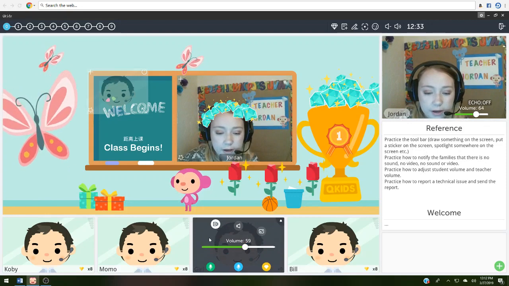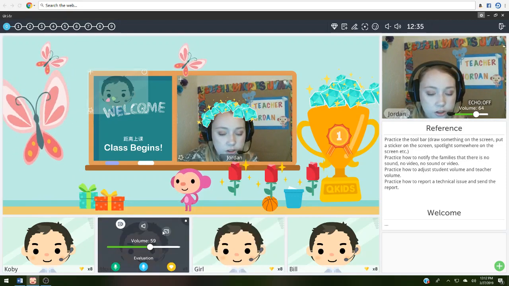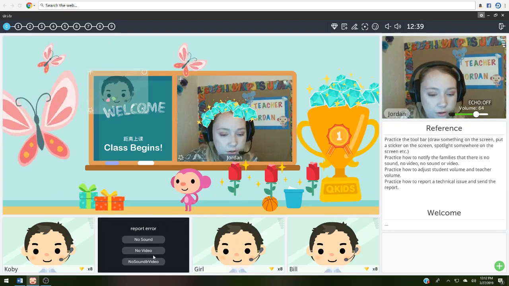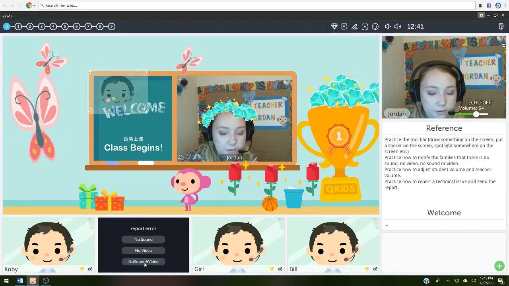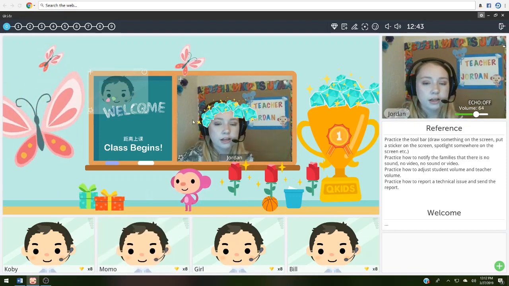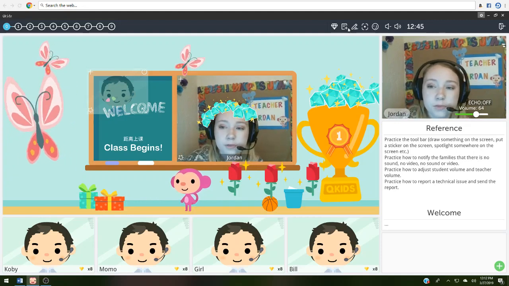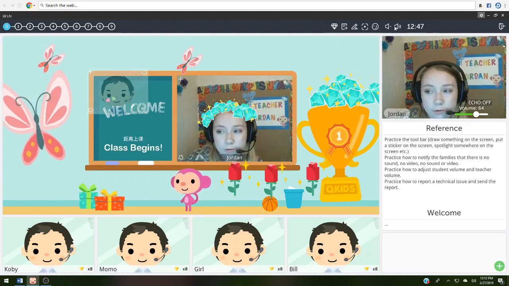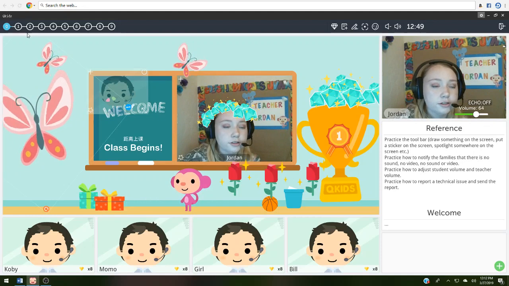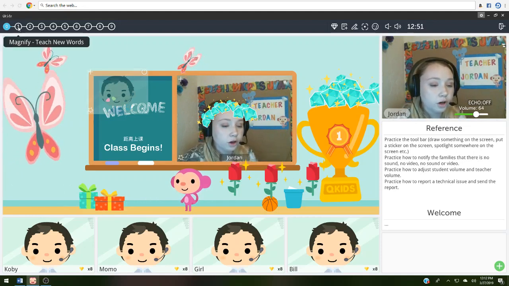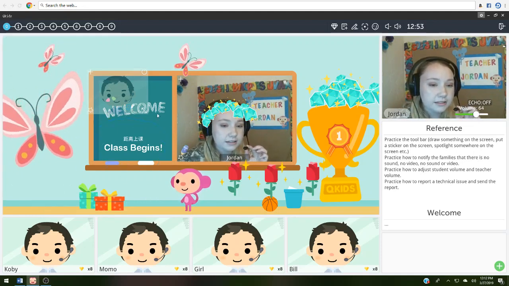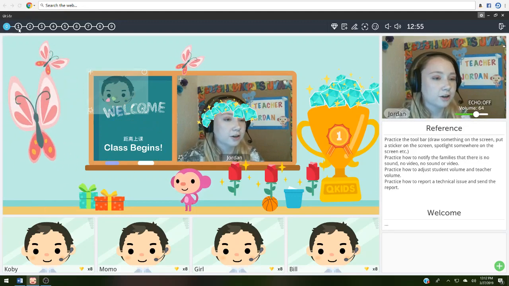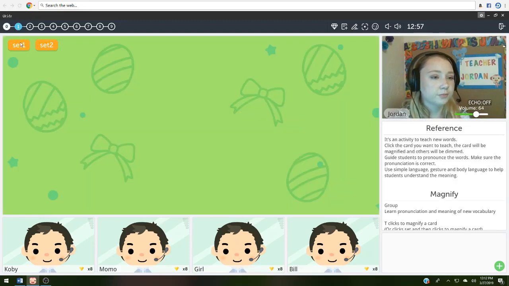But again, just super important things. Just really make sure you know how to do the robot: no sound, no video, no sound and video. That usually notifies the parent, and they'll come and figure out what's going on. So then, when it says class begins, you'll go to 1